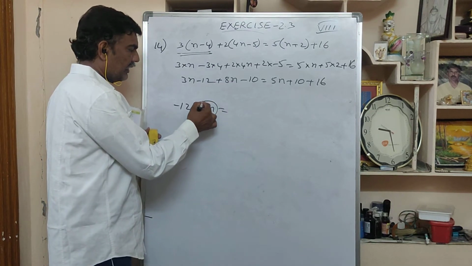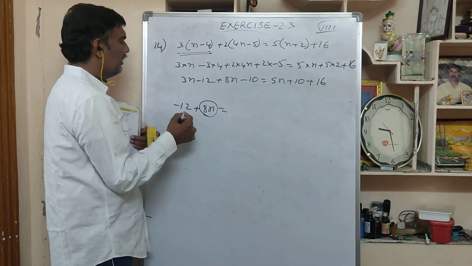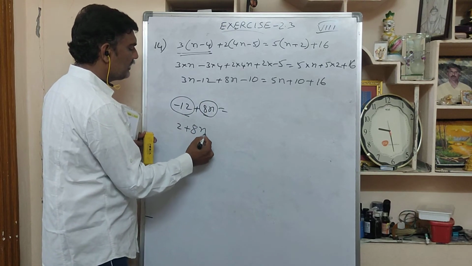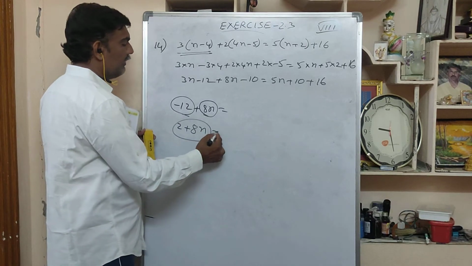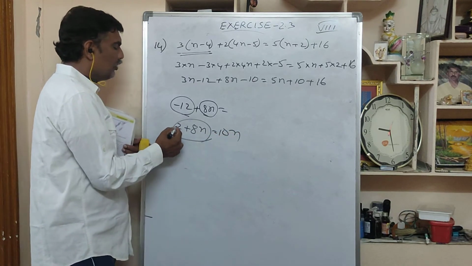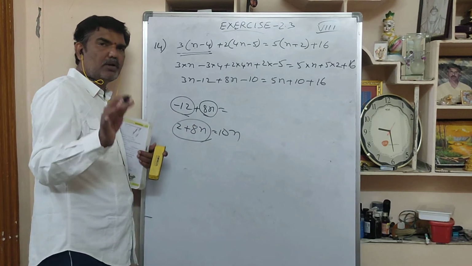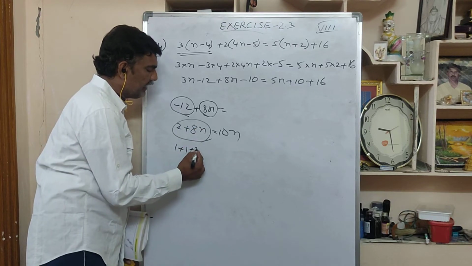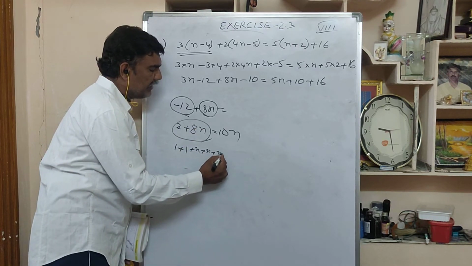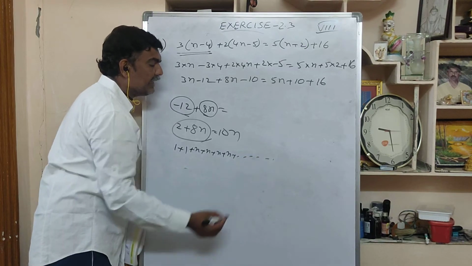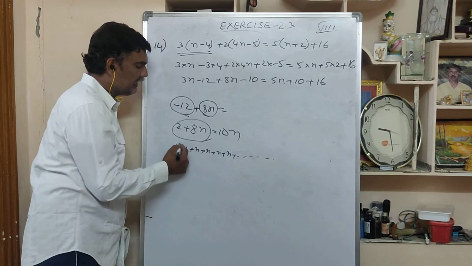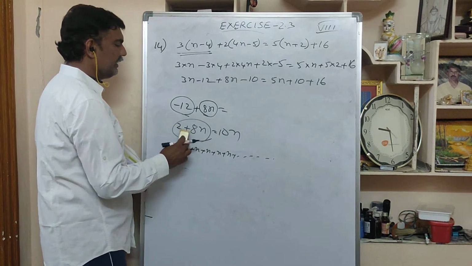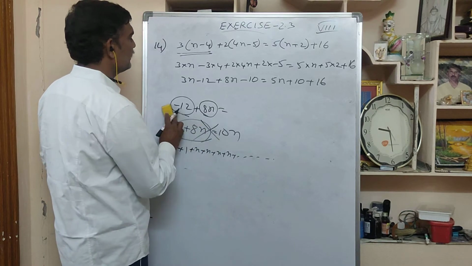It is a term which is having variable. This is constant. We can't add. See, so many students 2 plus 8n, they will write 10n because 2 plus 8 they will add it. It's wrong. Why it is wrong? 2 means what? 1 plus 1. 8n, how you are getting? N plus n plus n plus n plus this 8. So can you add these two? No, we can't add. But maximum students 2 plus 8, 10 and they'll write. It is wrong. We should not do addition like this.